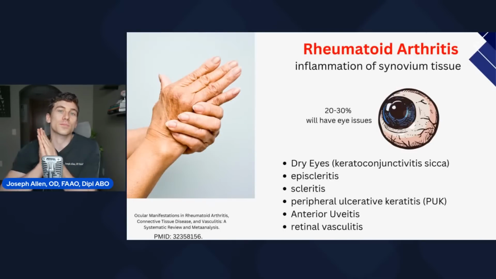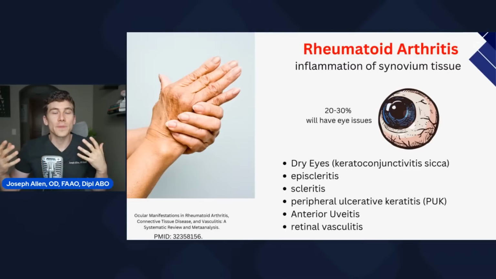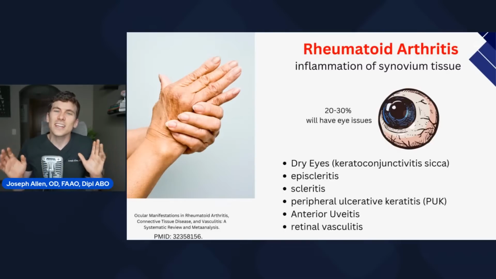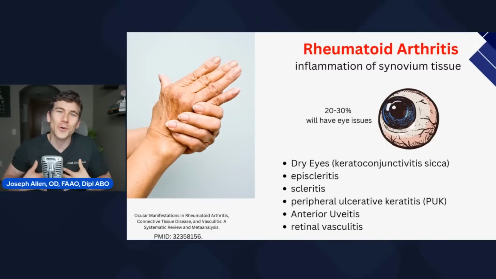So the first one I want to break down is rheumatoid arthritis, because it is quite frequent. I remember even my grandparents starting to have problems with rheumatoid arthritis. This is where your own immune system starts to attack itself. Your immune system is really designed to attack foreign invaders and pathogens coming into your body. The general idea of an autoimmune condition is your body gets confused and attacks your own organs and body like it's a foreign invader.